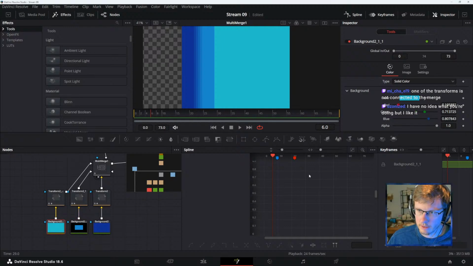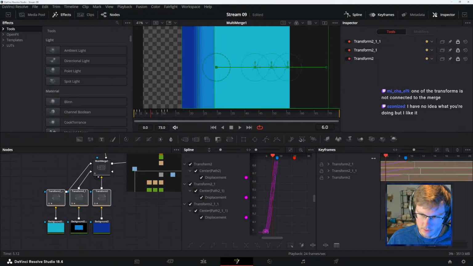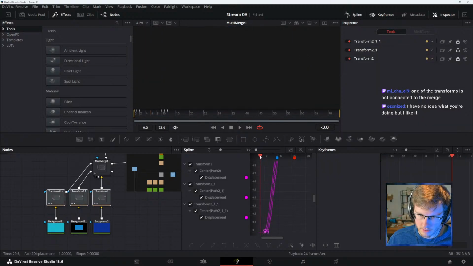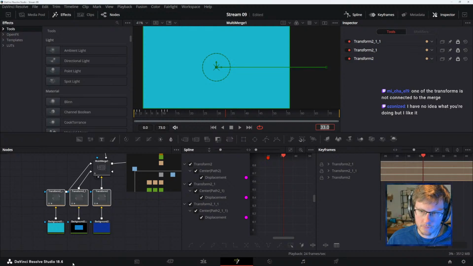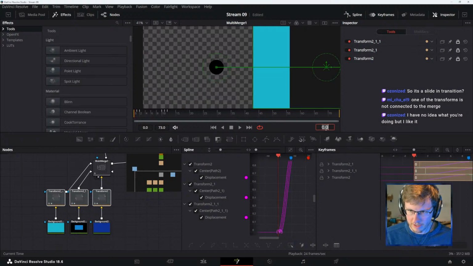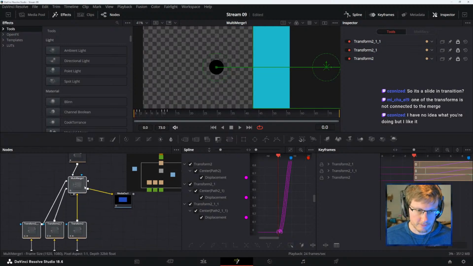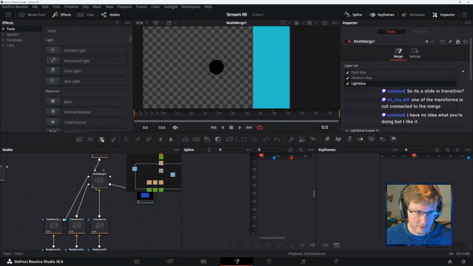We go back to the spline editor. Come on, reorient yourself. I could just plug it in here and just go back to 0. Okay, I think it's like a transition. Yeah, that's the idea. Like a slide in transition. Oh wait. Hold up. Oh my god, what time is it? Wait. We can do this. We can do this in 1 minute.